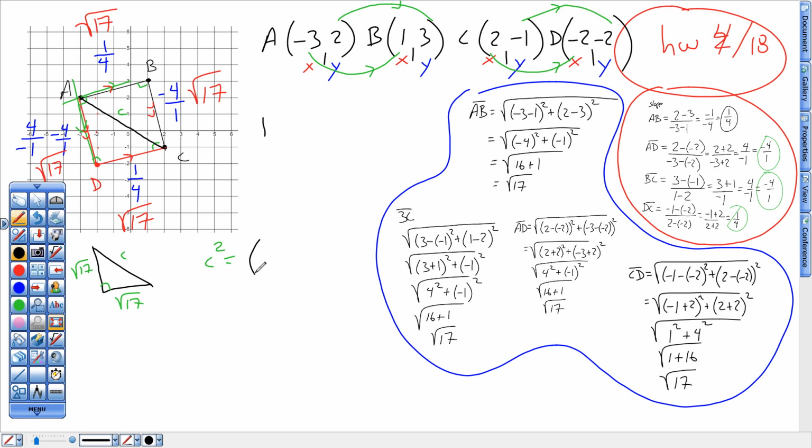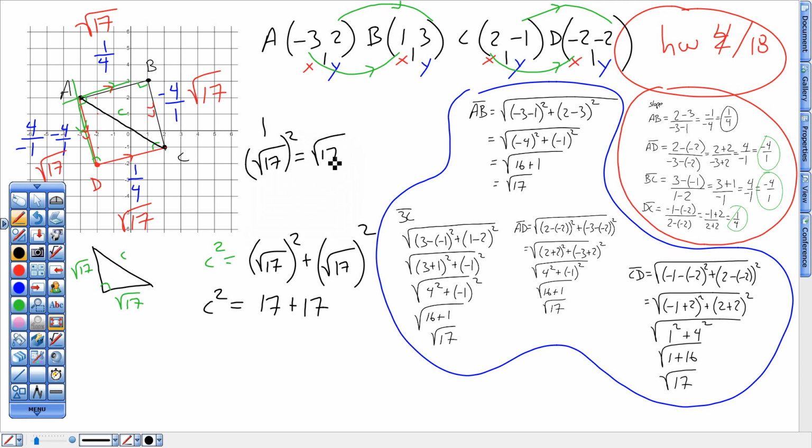the square root of 17, square root of another 17. That gives me c squared equals 17 plus 17, because remember, if you times two of those root 17s, what you get is this kind of madness right here. Root 17 times root 17. And if you times those 17s together,